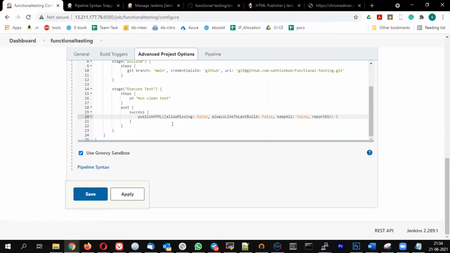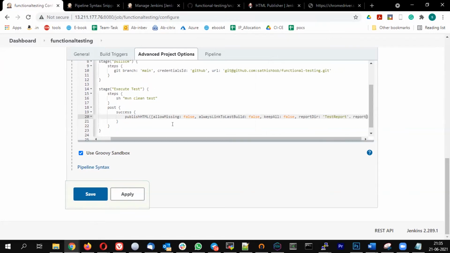So I'm going to define the directory where the report is. So it is under test report, and inside that the report files is test report.html,